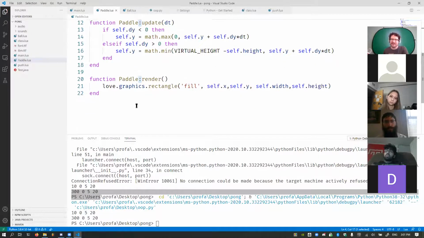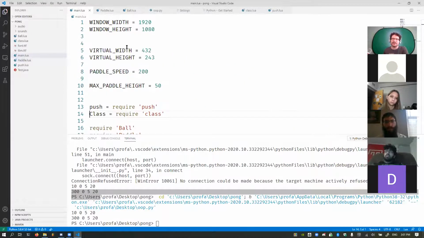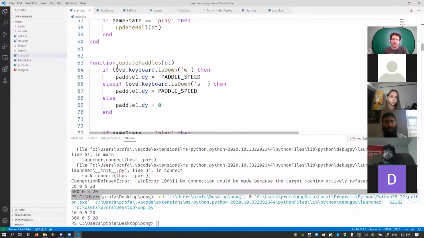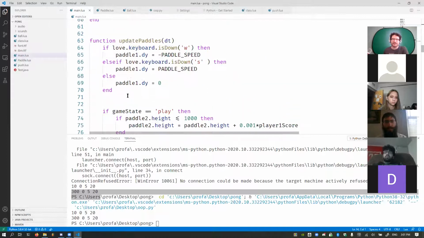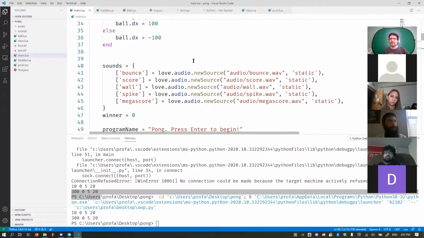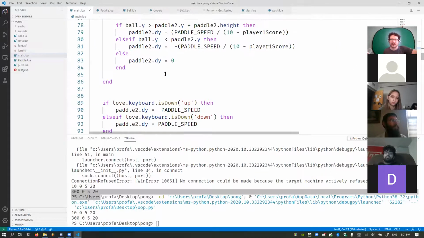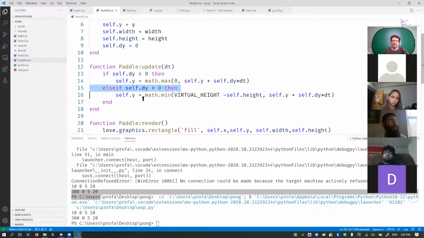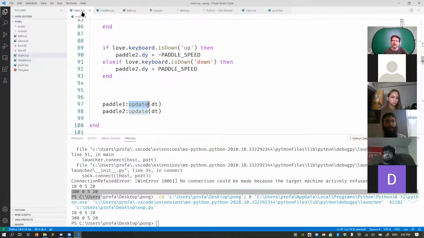But here, this makes it very easy to do these things. So over here, in the update paddles, I basically changed the paddle attributes. So instead of having a bunch of variables at the top and trying to remember which one is which, it's a lot easier for me to handle. And then to update their internal state, I just tell them to update their internal state, and that calls this function inside here, rather than having to deal with that over there.